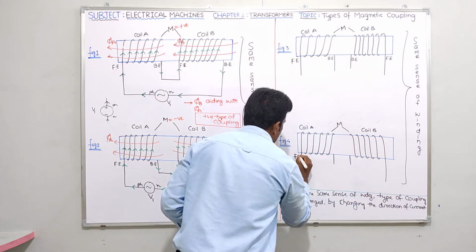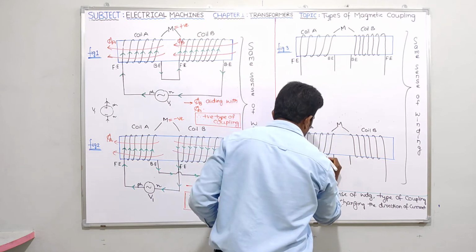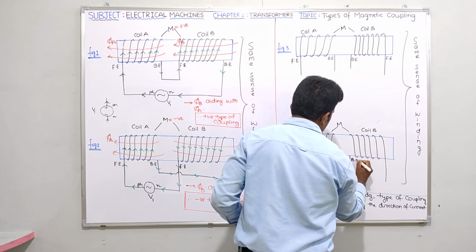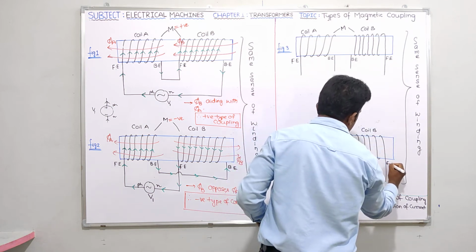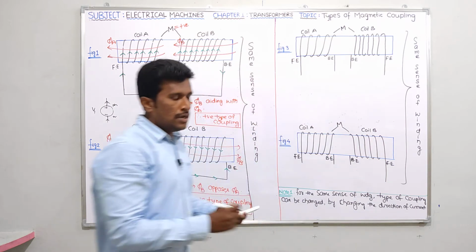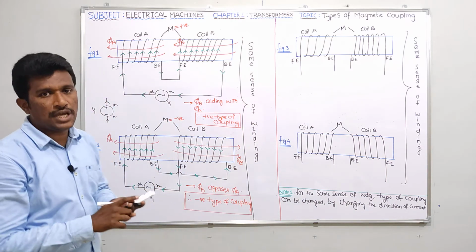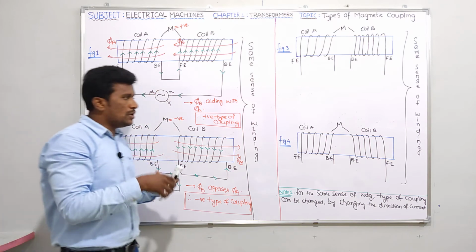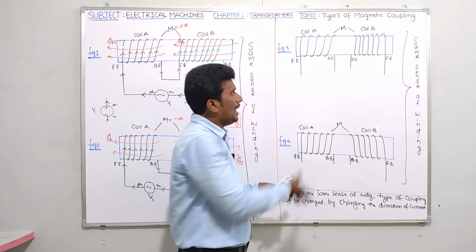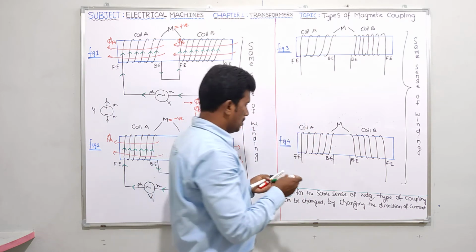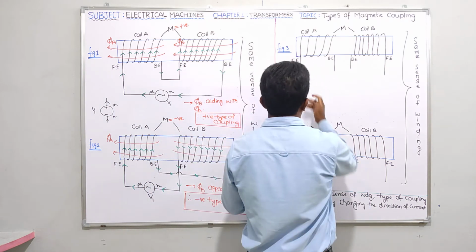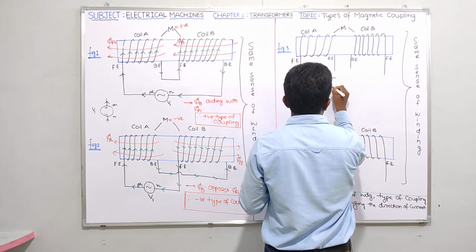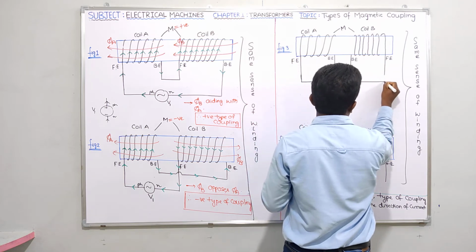This, as I told, is a front end. This one back end. Here also back end, same sense of winding I had taken. Front end, here also front end, same sense of winding I had taken. Is it clear? Now let us see how I am going to change the type of coupling. See, I already explained by taking these two figures. I am going to explain this note once again by taking another two figures. That's it. Okay. So let me connect like this. Front end of coil A is connected to front end of coil B like this.